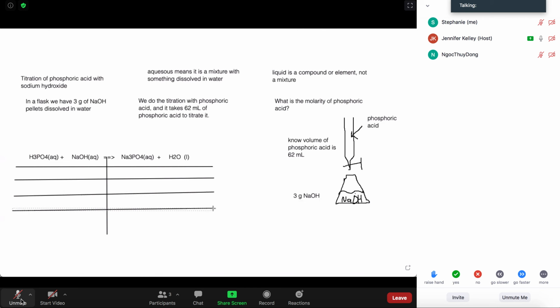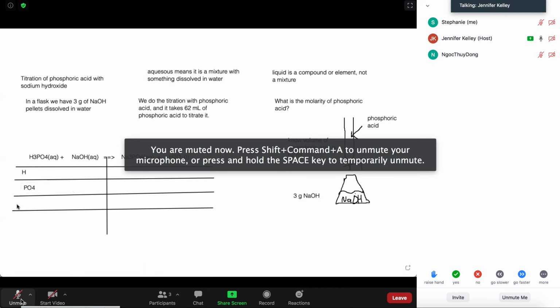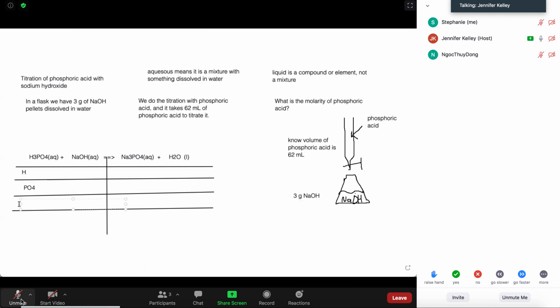All right, let's see what we've got so far. So we've got hydrogen. We've got phosphate. We've got sodium. And we've got oxygen. Now, the reason I'm not doing hydroxide and instead am taking it apart is because on